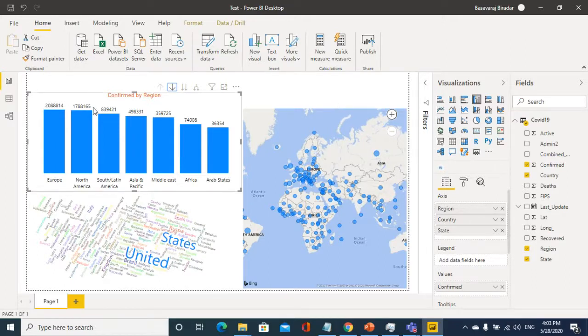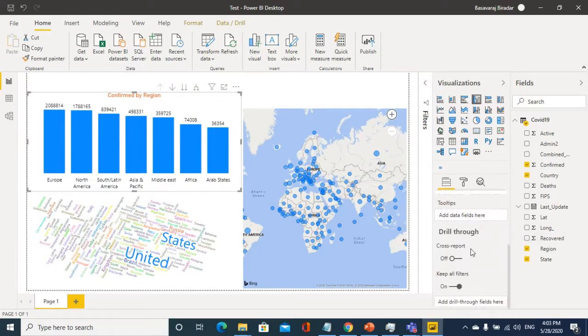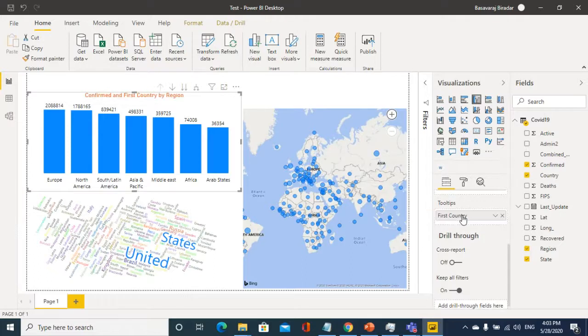Now, on hovering over here, I want to show not only North America. I want to list out all the countries in that region with confirmed cases. To do that, let me try by putting the country in the tooltip. Then in the tooltip it is showing only one country.